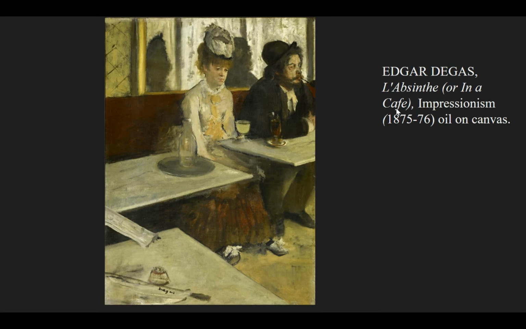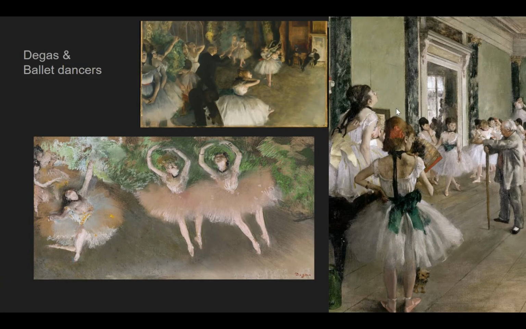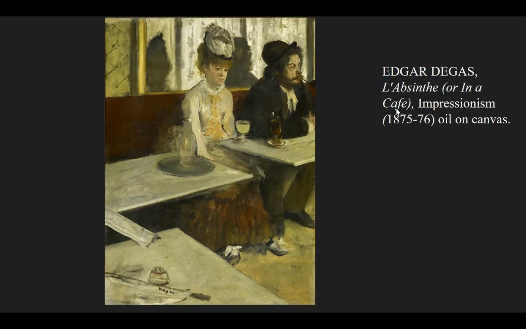Now let's compare the color palette. This is much darker than our lighter color palette with some pastel colors. And what he's doing is making a commentary on this new, industrialized society, on this urbanization. We're removed from nature, and consider how these individuals are sitting right next to each other, likely a couple, but